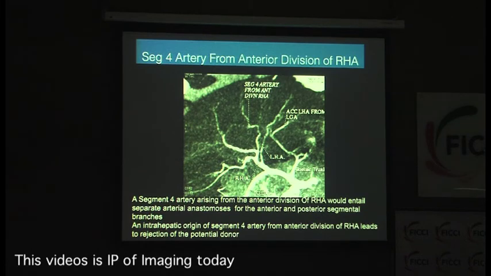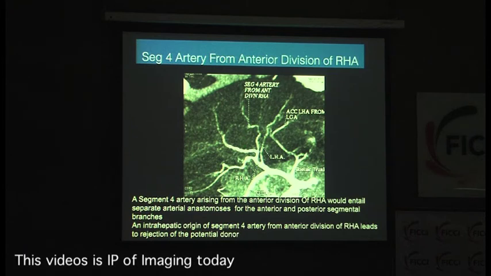Now this is a segment 4 artery which is arising from the anterior division of the right hepatic artery. So what is happening here is there is one artery here, but both going into the lateral segment of the left lobe. This artery is a segment 4 artery, but it is arising from the anterior division. So where are you going to cut? You are going to cut here. But you also have to preserve supply to this part, so you are going to cut here. You are going to end up with 2 vascular pedicles for the artery. That's also okay if you have a brave surgeon, because these are going to be really short.